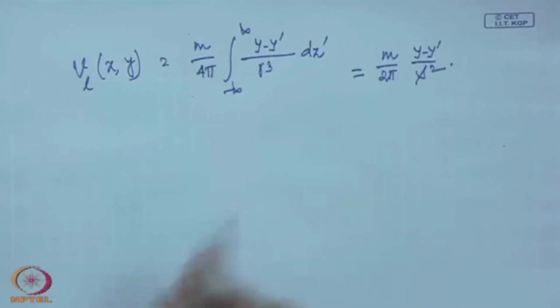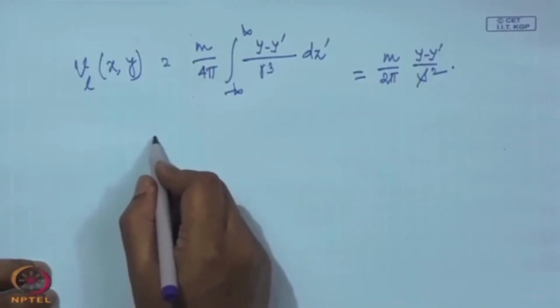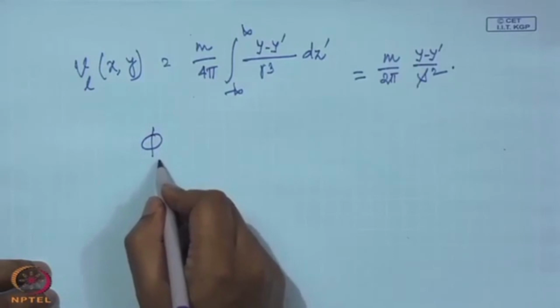Okay, this m by 2 pi of course will remain. So, we can see that the potential function in this case is